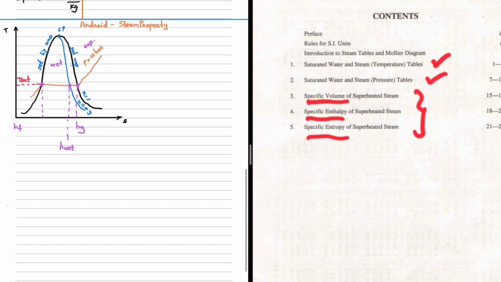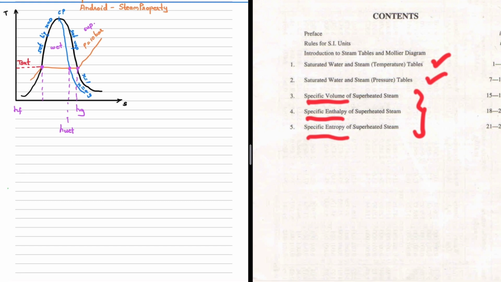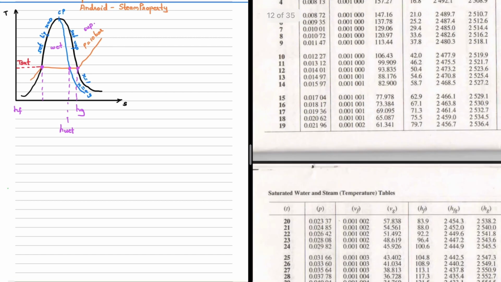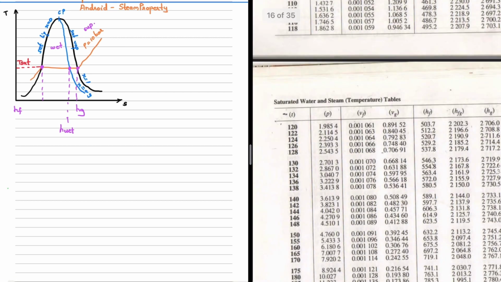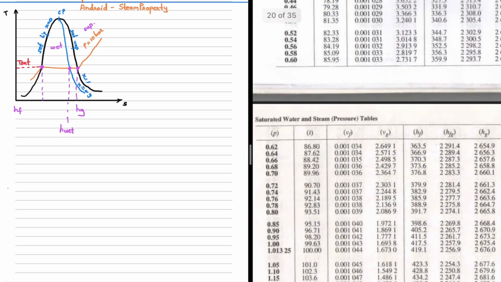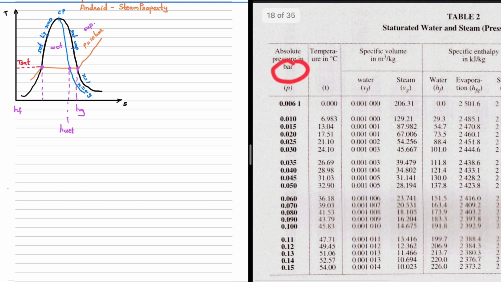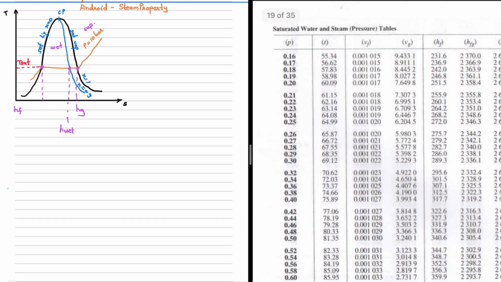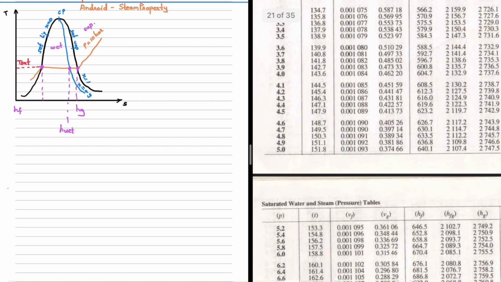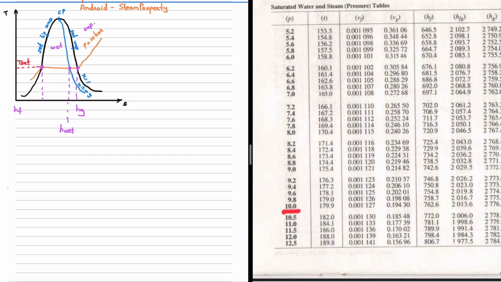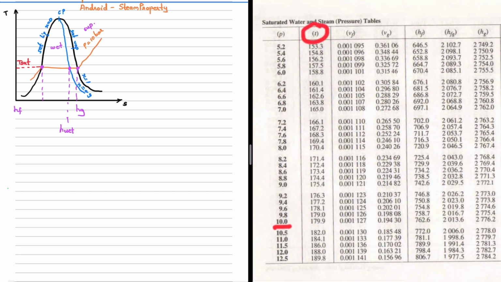According to our example, when pressure is 10 bar, we have to look at the pressure tables. These are the pressure tables where pressure has been given in bar. So for 10 bar pressure, the saturation temperature from the steam table value is